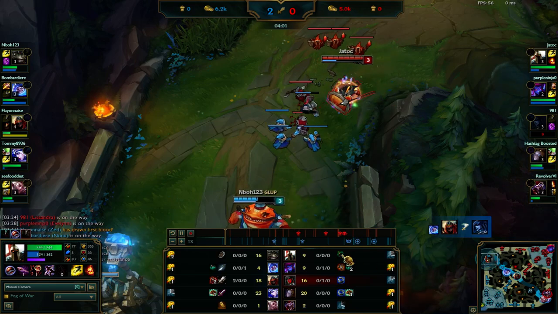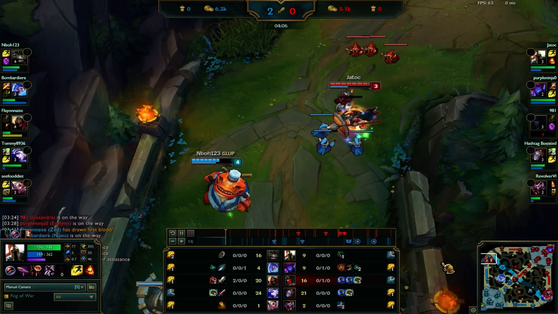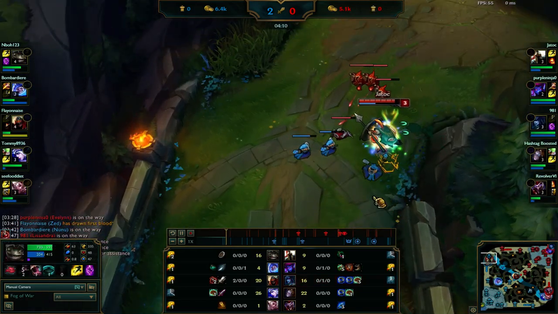Okay. So you've got 1 Corrupting Potion stack left. You have your ward down. I'm assuming your team is angry pinging you. It's not really your fault. Okay. So